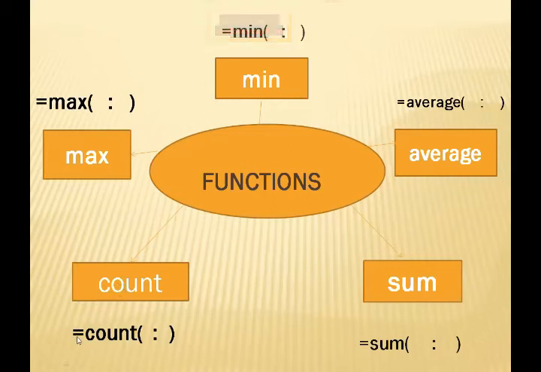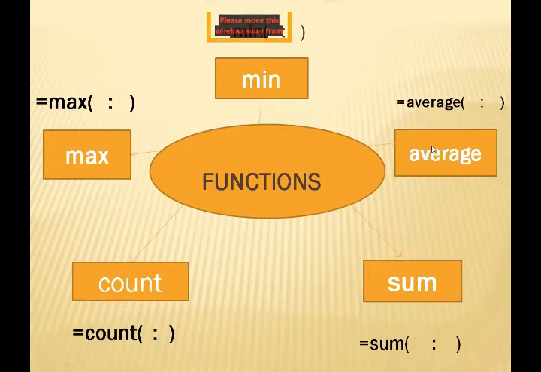Now this is count number, how many values you have entered in the data. It also starts with an equals to sign, and the function used here is count. Again you will use parentheses, then the cell address. You can also get the cell address by the pointing method, and you will press the enter key. For sum, or to add up the values, you will write equals to sum, then write the cell address and then press the enter key, so you will get the sum of the required cells.